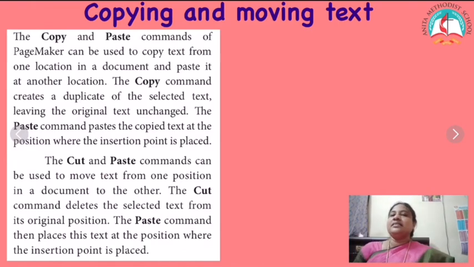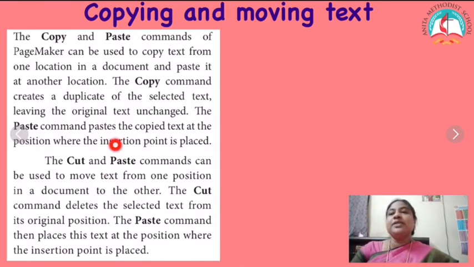So first select the text to be moved, choose Edit, Cut in the menu bar, otherwise the shortcut key is Ctrl+X on the keyboard. Then click the right mouse button and choose the cut option. So we can use the mouse, the menu, or the shortcut key. The menu is Edit, Cut, shortcut key Ctrl+X. Using the right mouse button, a pop-up menu will be displayed. Select the cut option.